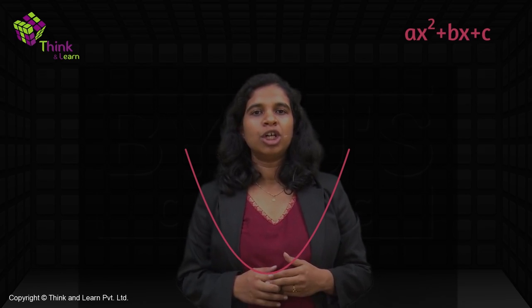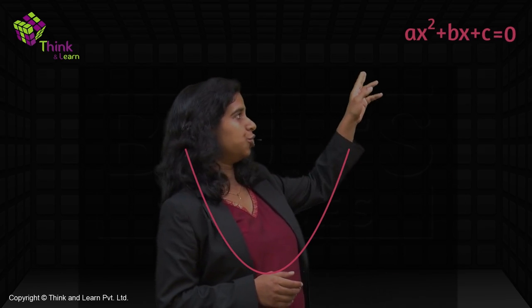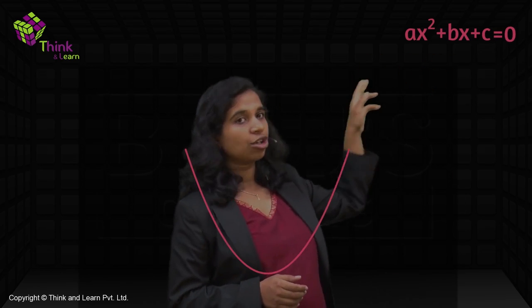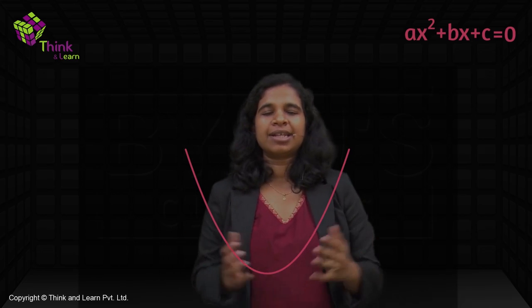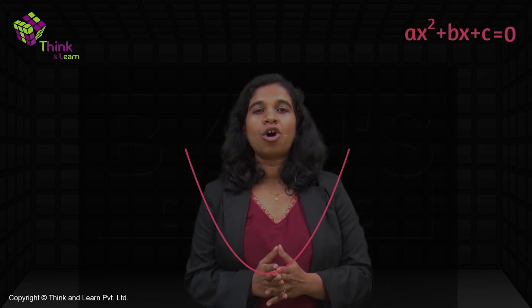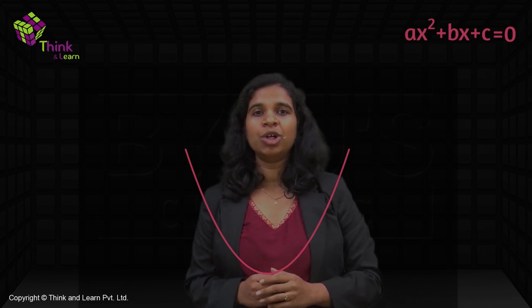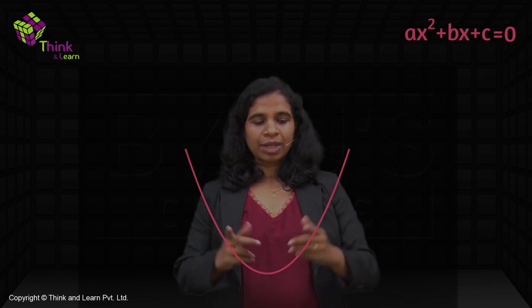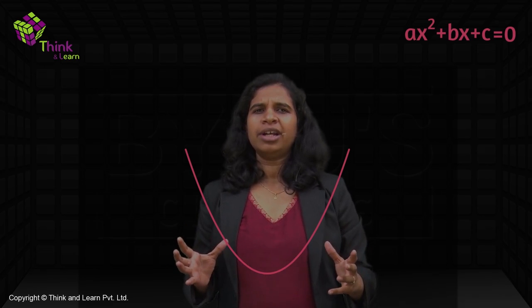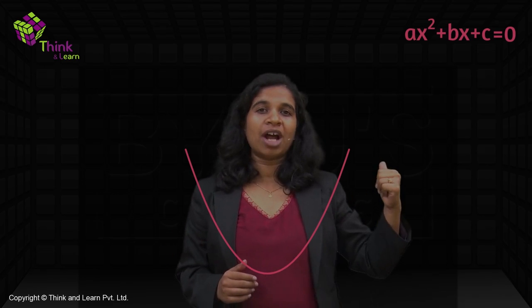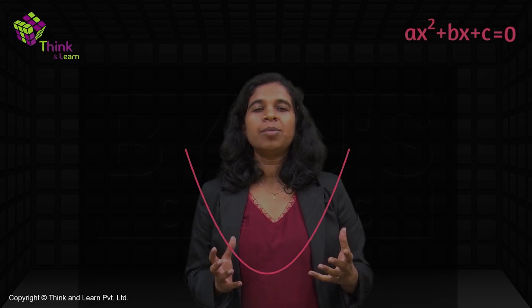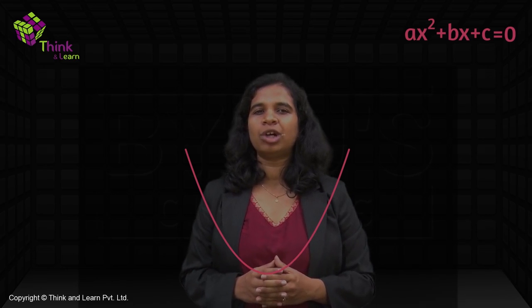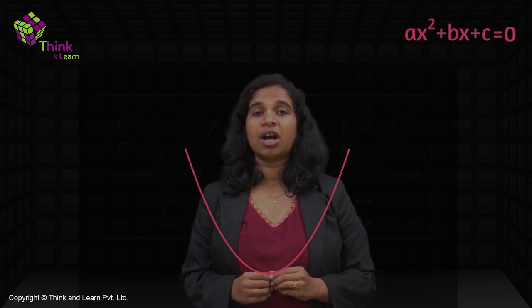That's why sometimes it's easier to actually remember them as 0 rather than roots. It's more intuitive. So the moment you equate this to 0, whatever value of x satisfies this equation is basically the zero of my polynomial, or the root of my equation. This is an equation, right? I've made it equal to 0. So it's the root of my equation. Now tell me, in this graph, we've been learning everything through graphs, right? You already know how to find out the nature of roots using probably the quadratic formula. We'll come to that as well. Much easier to understand it on the graph first.